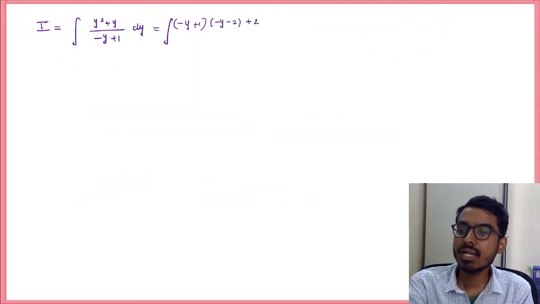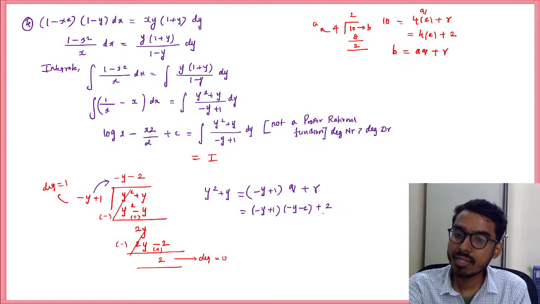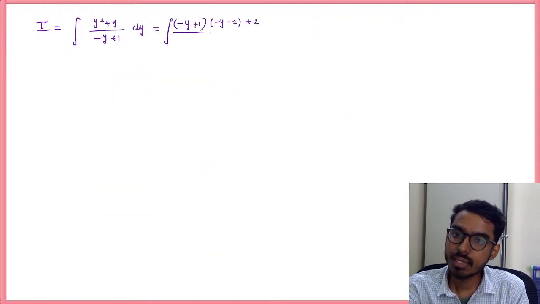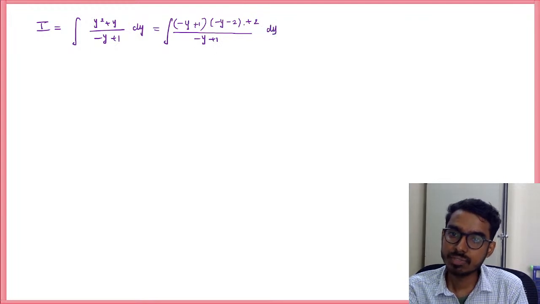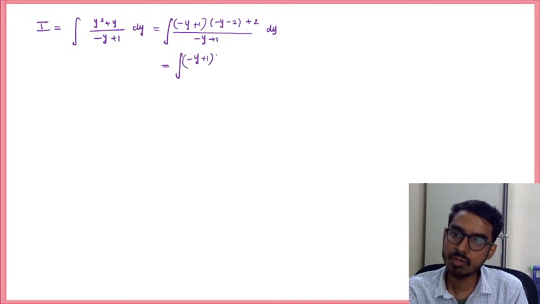So with the help of the division algorithm, I have written it like this, divided by minus y plus 1 dy. Now divide separately, these two will get cancelled. We will have integration of minus y minus 2,